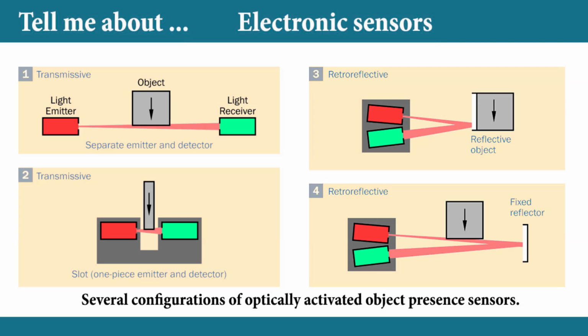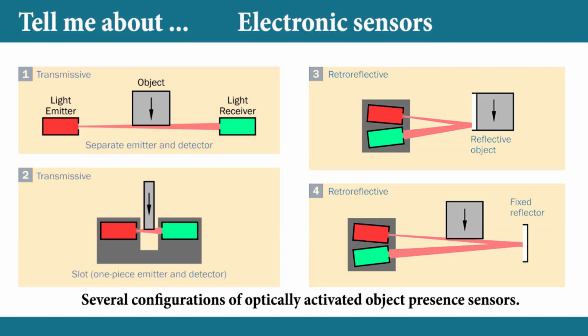1. An object passing in front of the light beam bounces it back to the detector. The object should be inherently reflective, like glass containers or white boxes on a conveyor, should have a reflective surface applied, or the light source needs to be strong enough to reflect off an object that isn't particularly reflective. This arrangement is illustrated in section 3 of the image. 2. A stationary reflector can be installed opposite the light emitter, and a detector located next to the light emitter is triggered when an object disrupts the reflected light beam. This setup is depicted in section 4 of the image.